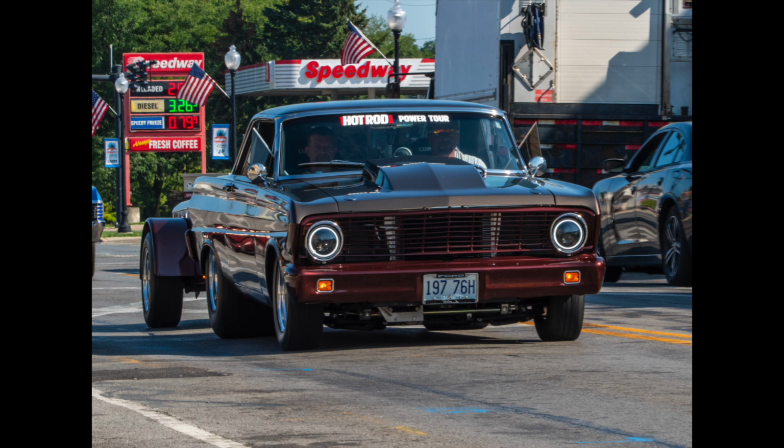Now at number 8 on our list, we have a Ford. I know I am not typically a Ford guy, but this car stood out to me because it was, one, immaculate, and two, it was a race car. This Falcon was absolutely beautiful. I don't know how many pictures I have of it, but I was very blown away by the build quality and just seeing it drive out on the street with its trailer. It was very much a sight to see. So that came in at number